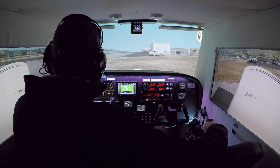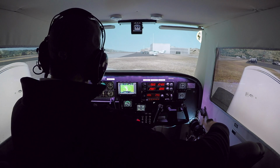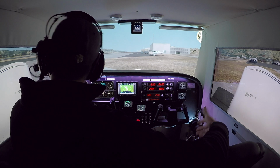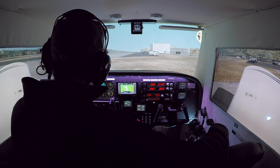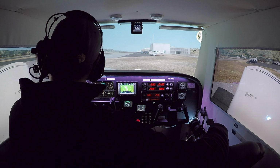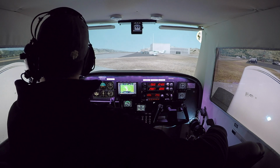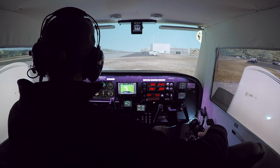So the basic steps here is first you need to check in and get the weather. For us that's 120.6. We'll listen to the weather, we'll get our settings right. Then you need to contact ground, and you'll tell them where you are on the airport. We'll say that we're at transient parking and that we'd like to have taxi for closed traffic, which means we'll be doing touch and goes. They'll give us whatever departure information we need. They'll probably just say that we're approved for that, and then they'll give us the taxiway to the runway that they want us to use. We'll taxi out, we'll get to the edge of that runway, and then we will switch